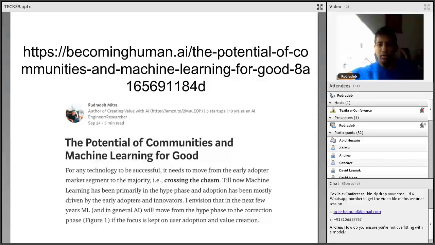How are you ensuring you are not overfitting with a model? Well, as I said, dropout is one of the methods to ensure you are not overfitting the model. If we are overfitting the model, then we try to use dropout. These are standard techniques to make sure that you are not overfitting the model. You can read about dropout. That's a standard procedure.